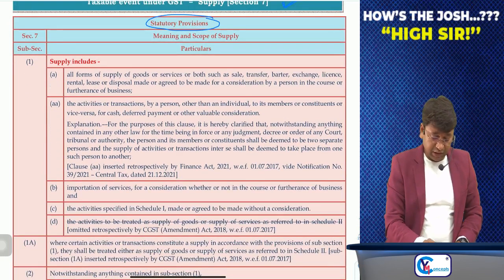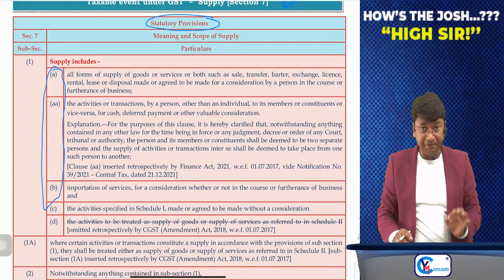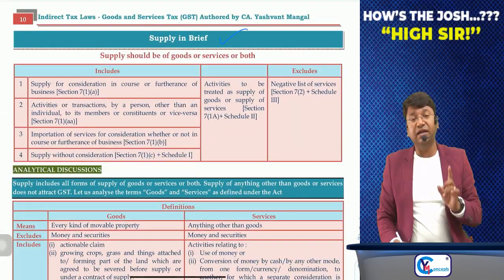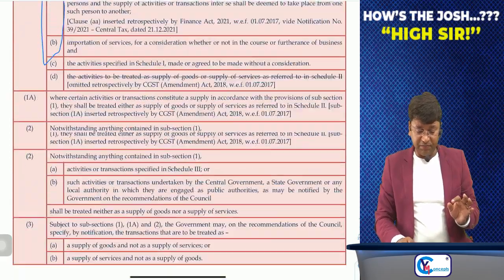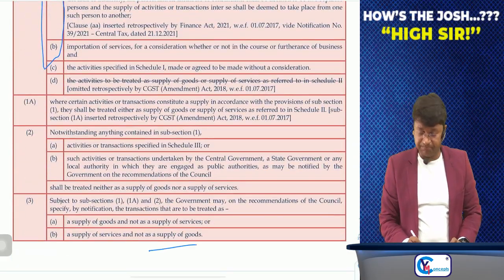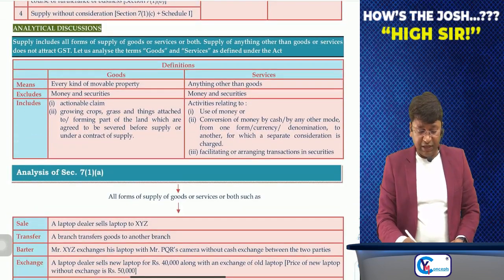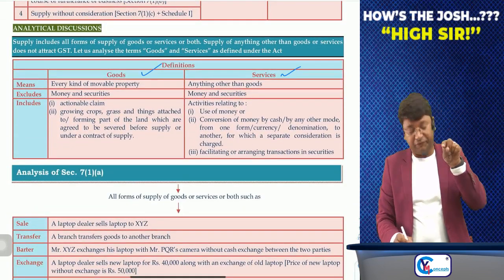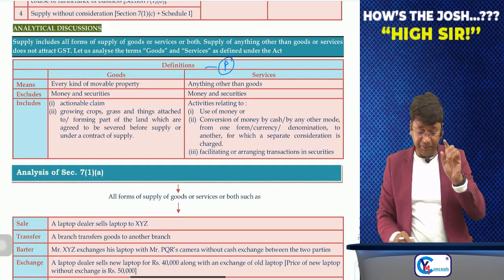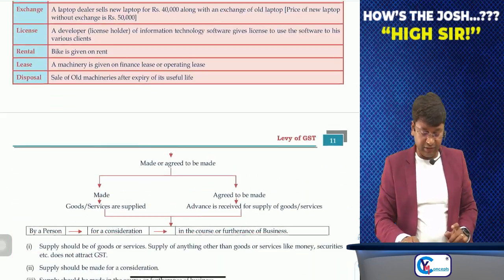Okay, here we have read till this. And here analytical points are given. See, this was the bare act portion, statutory provision till here. From here analytical points are given. The definition of goods and services we will be reading afterwards. You can keep this as pending. P means pending. But yes, this is the analysis of section number 7(1)(a) that we had read.